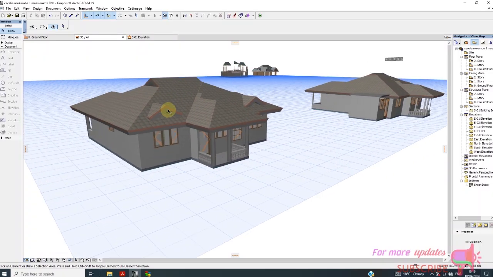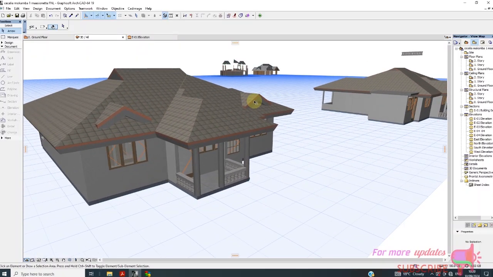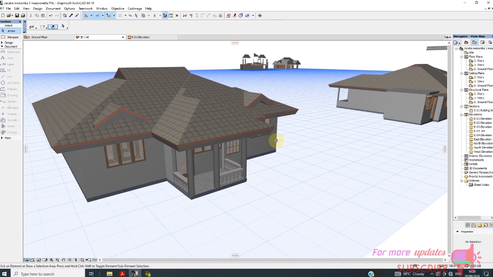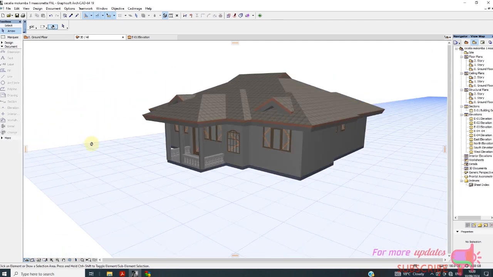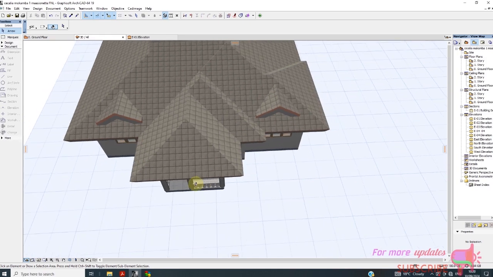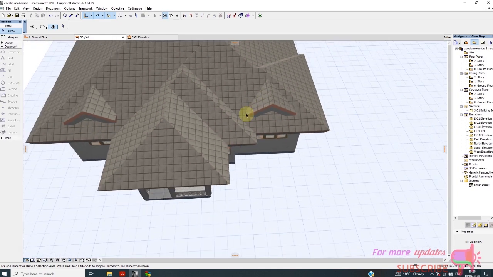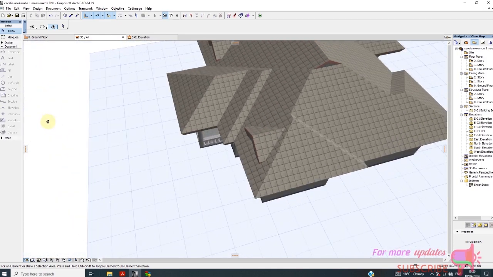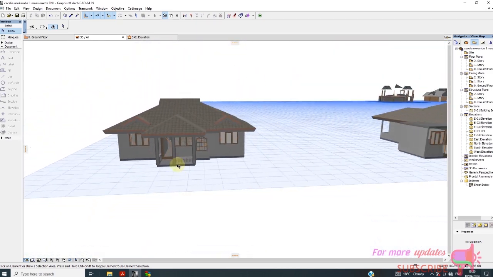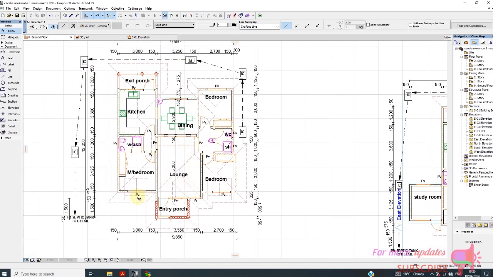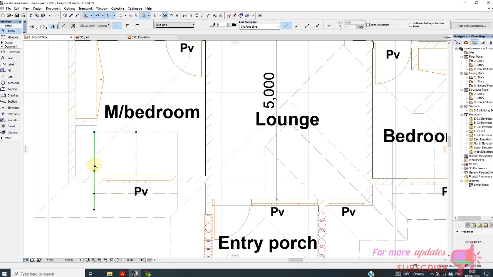We need to create this roof vent, this one and this one. Need to create these two roof vents in these entry areas. So I'll just go here. So you can see these are just